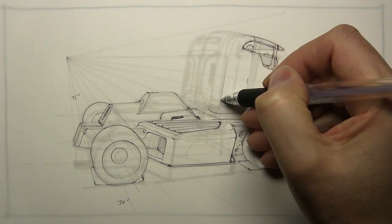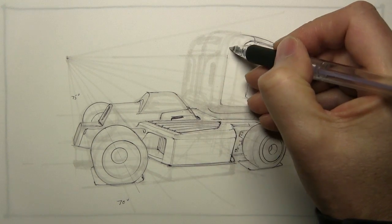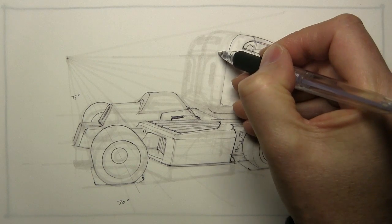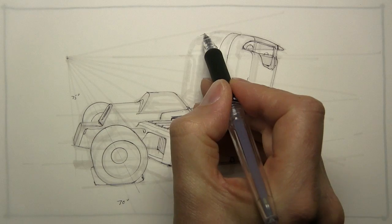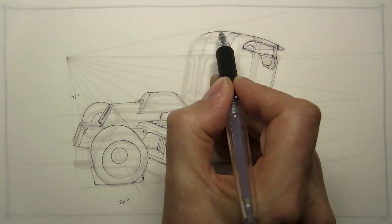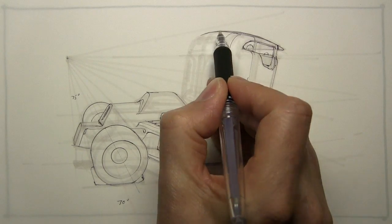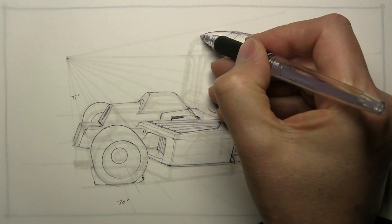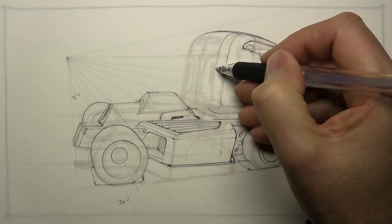And now continue this line upward. And then try and figure out if that radius goes to the back or not, and no, it doesn't. That little shoulder must fade out by the time it gets back to that radius, because it's nice and smooth up that corner, and that tells me that that radius on the side just below the side window fades. And there I connected my silhouette to my sections of the corners, and that's how I knew where the silhouette